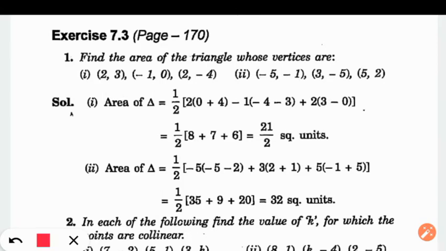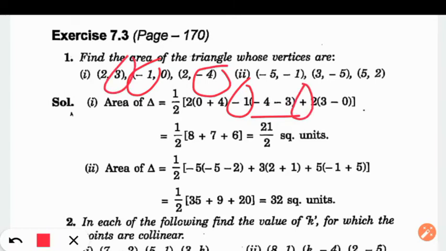Then we have plus x2. Since here x2 is minus 1, that is why we have minus here. x2 within the bracket y. When we have x2, then there should be y with suffix 1 and 3. In the middle one, we should have y3 minus y1. So y3 is minus 4, and y1 is 3. That is why we have minus 3.